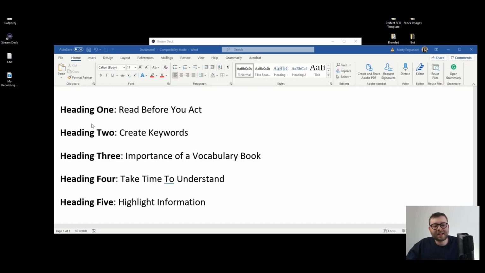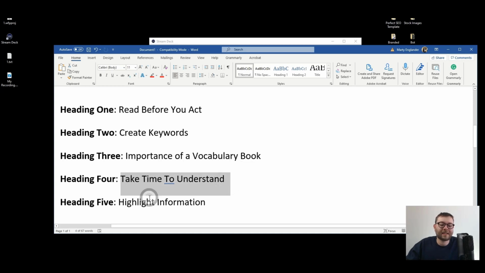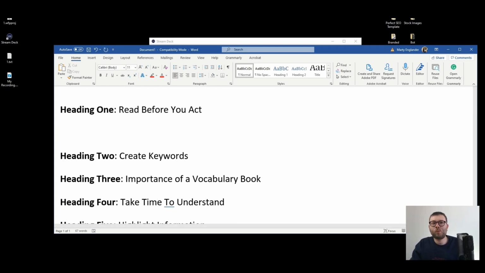So what you can see here is very simply I've created 5 headings. So heading 1, 2, 3, 4, and 5. Then I've created what that section is going to be about. This is really what's going to be the heading for this section. So read before you act, create keywords, importance of a vocabulary book, take time to understand, and highlight information. Each one of those things is going to be a heading, and that is what we are going to be writing under. That one section is going to help us divide this blog post into multiple areas,